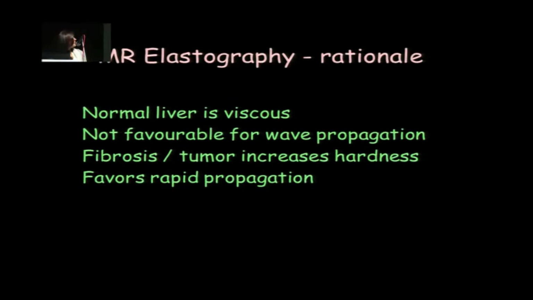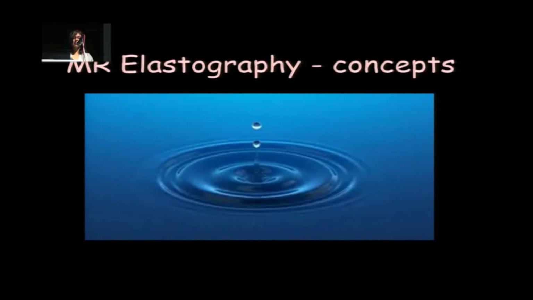So what is the idea? That normal liver is soft and viscous, and it does not allow waves to propagate through it, whereas hardness, which comes because of fibrosis or tumor, allows rapid progression of waves. So what are we doing? We are actually disturbing the